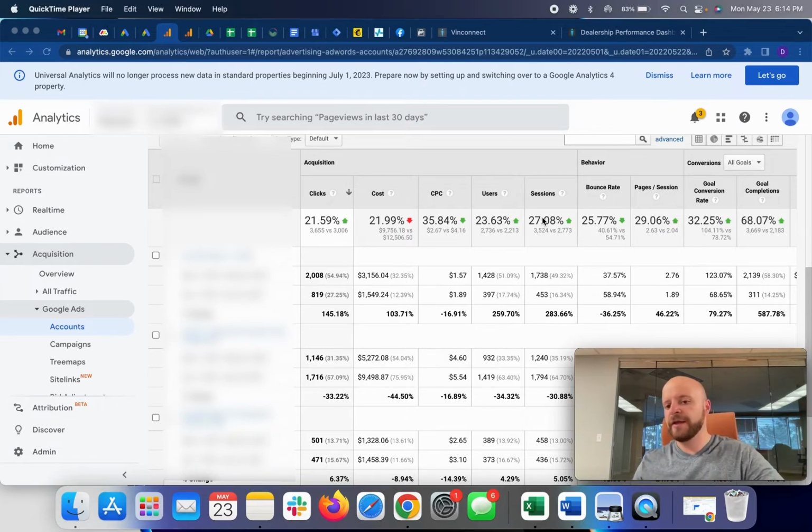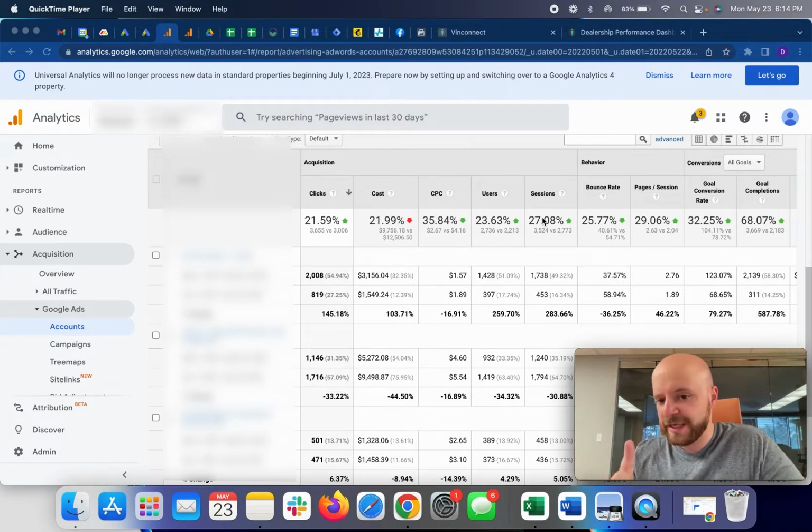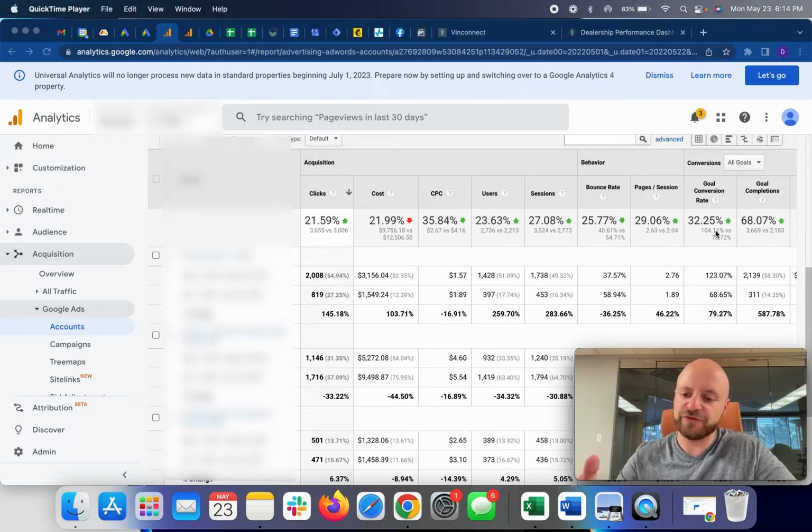Well, that's great. Now, you could disguise some display traffic and get all the same metrics: increase clicks, decrease costs, decrease average CPC, and just push all the users. The interesting thing, though, is that when we get to the behavior metrics, all the behaviors have increased, which is not inherent with display traffic. Look, our bounce rate went from, in this one account that has the main dollars, almost 59% to 37%. Our average pages per session almost increased by 50%, and our overall goal conversion rate increased by a lot.